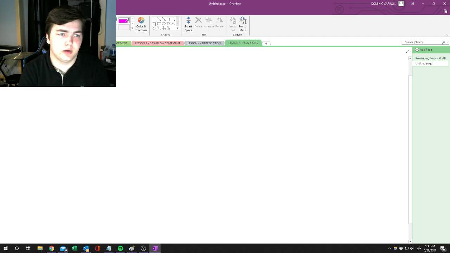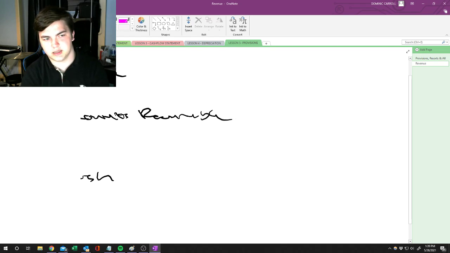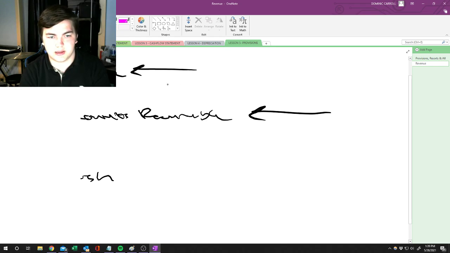So obviously, when it comes to recognizing revenue and going through the billing cycle of collecting revenue, you have your revenue on the income statement, and then you have your accounts receivable, and then you have your cash, right? Basically, when a customer gives you money for a product or service, whenever that is earned, it is recorded in the revenue and in the accounts receivable.